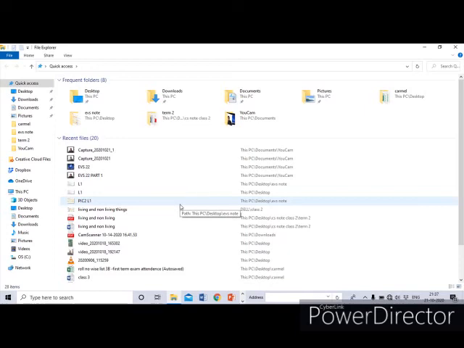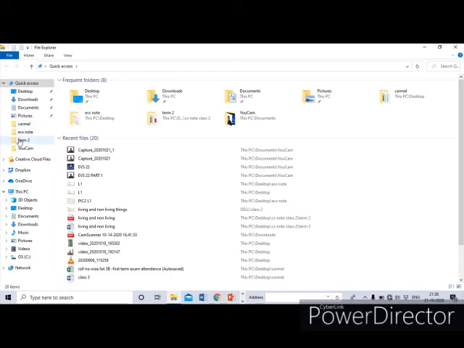What is the difference between the left pane and the right pane? The left pane shows all the folders and drives available in this computer. For example, you can see a C drive over here. This is a drive. And UCAM, term 2, EVS, all these yellow color items are folders.